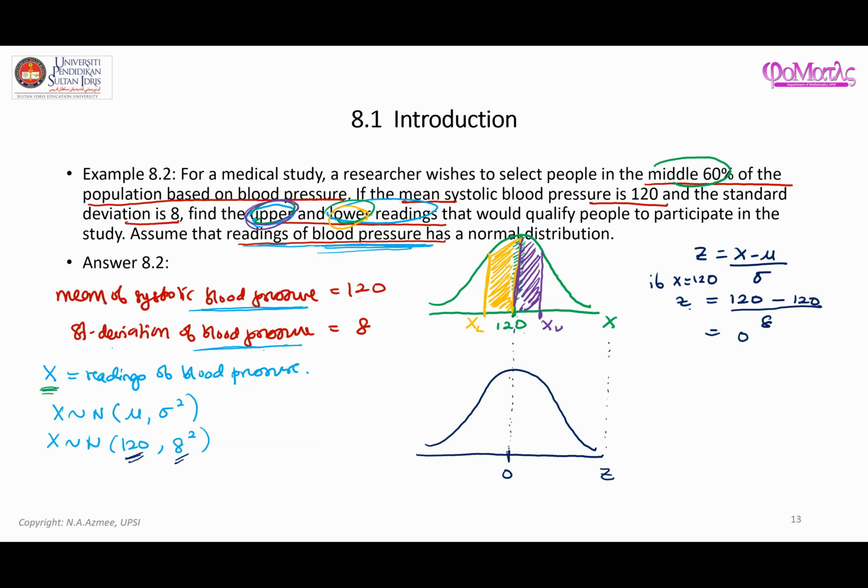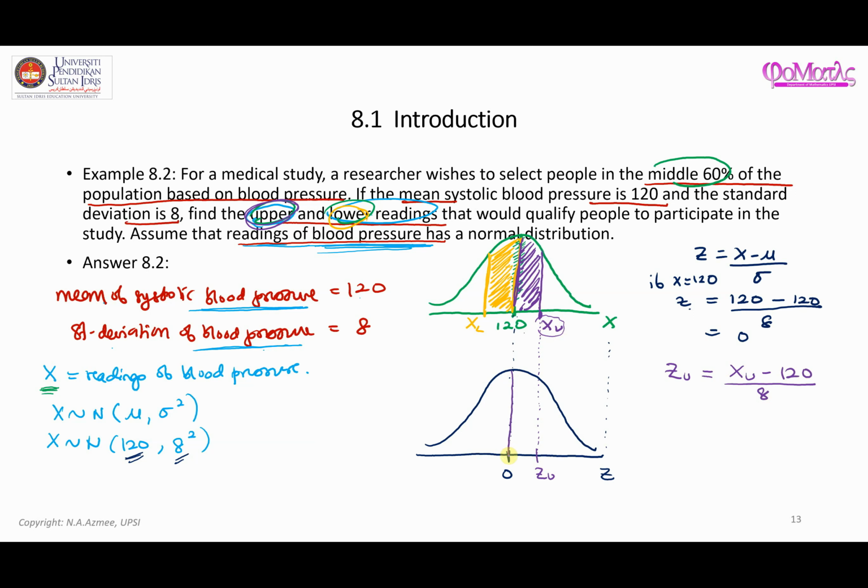Based on that, what you can do is find XU. XU here will be translated into a certain value on Z. I'm just going to call it ZU. So what is ZU? According to the formula, ZU must be equal to XU, which we don't know, minus 120 over 8. Now, can you find the value of ZU? Yes, you can, because